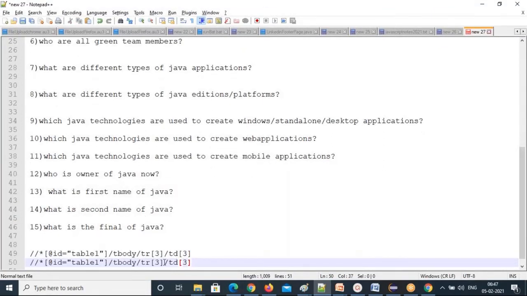And in the same way, TR2, maybe the same row, and the column you change to 4. What is changing here? The rows count and columns count are changing. So then create a method with an integer row count and integer columns count, and you pass them here. How to pass a parameter in this XPath? Double quotes plus row plus double quotes. Here also, double quotes plus column plus double quotes. That's how to parameterize the XPath, right?